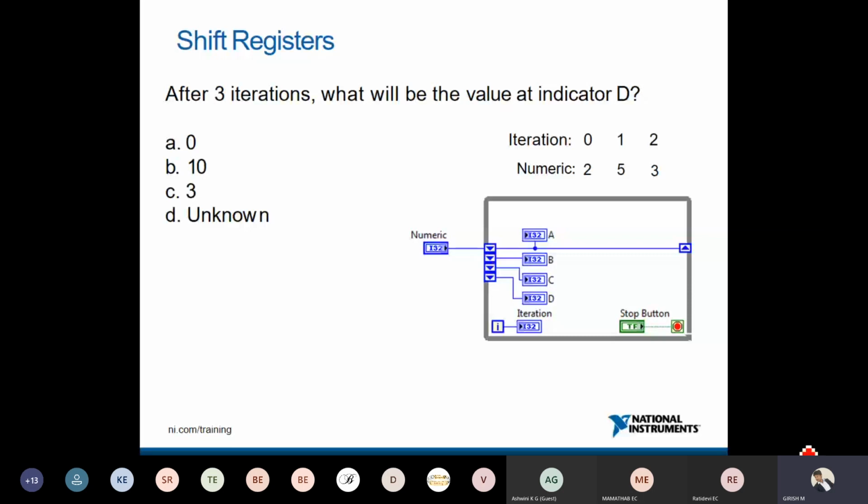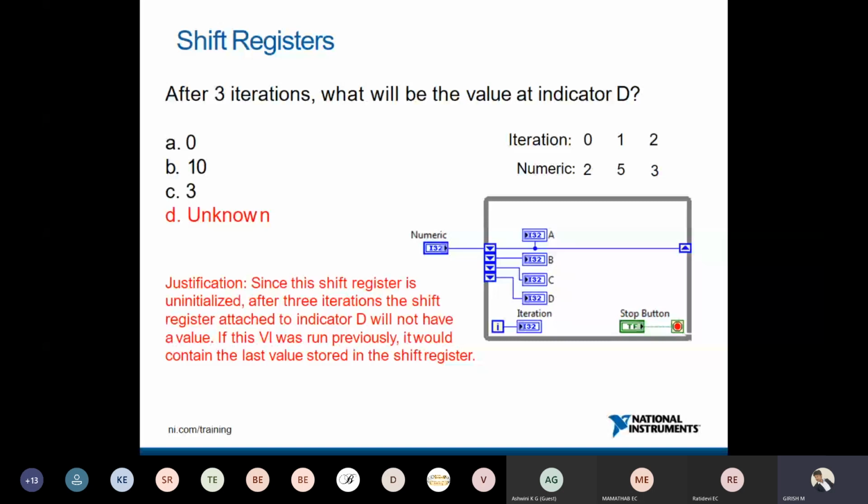So if you come to the 2 5 3 9 1, 2 for the first iteration, 5 for the next iteration, and 3 for the next iteration. Then after 3 iterations, what will be the data indicator value at D? D should be known to you. So then if you choose, okay, so here